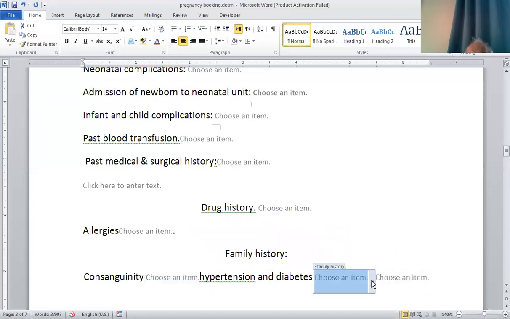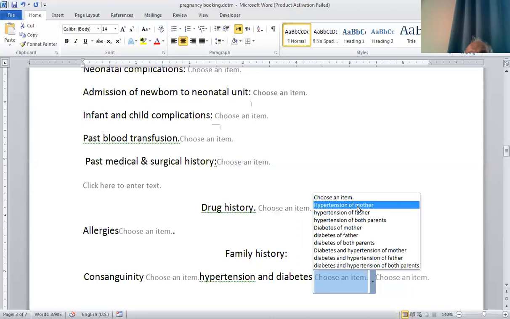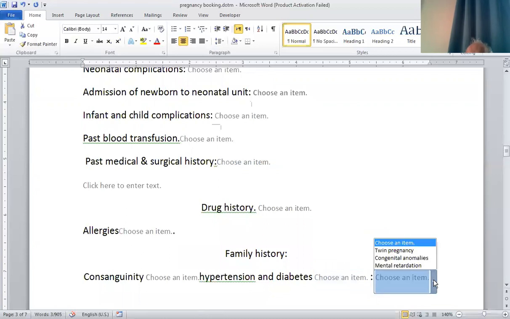She has hypertension or diabetes, mother has diabetes or father has diabetes or has hypertension. And then we have to tell whether there is twin pregnancy or congenital fetal anomaly or mental retardation in the family,